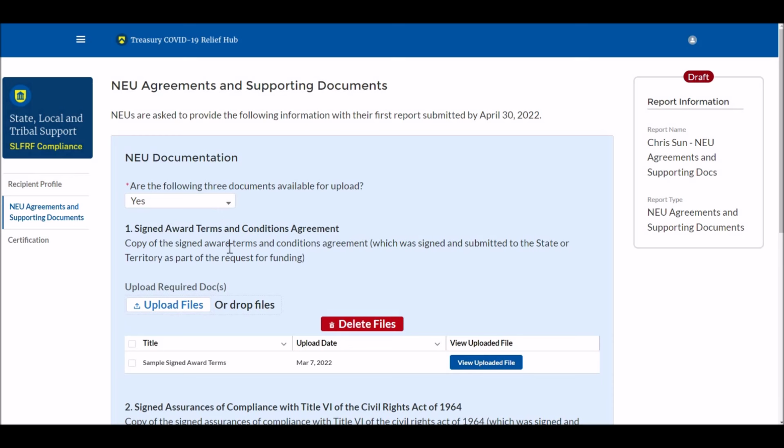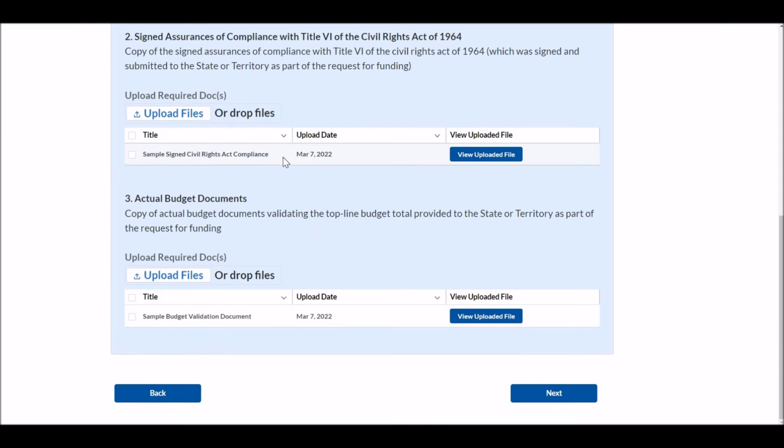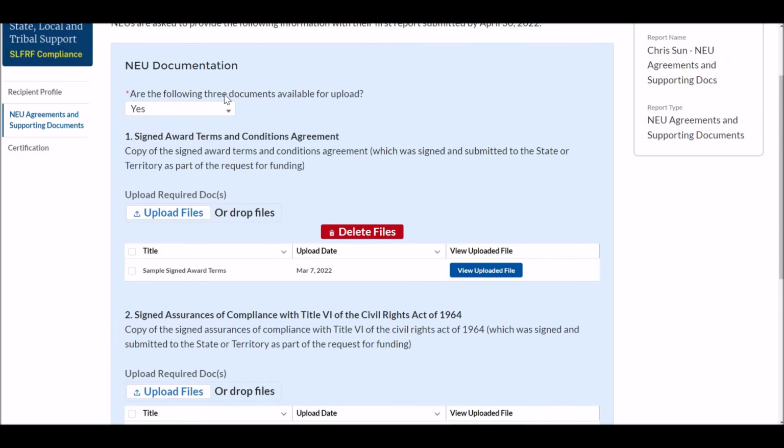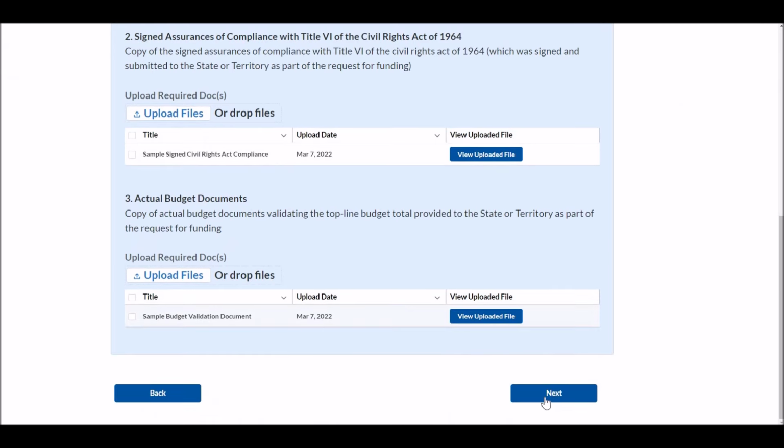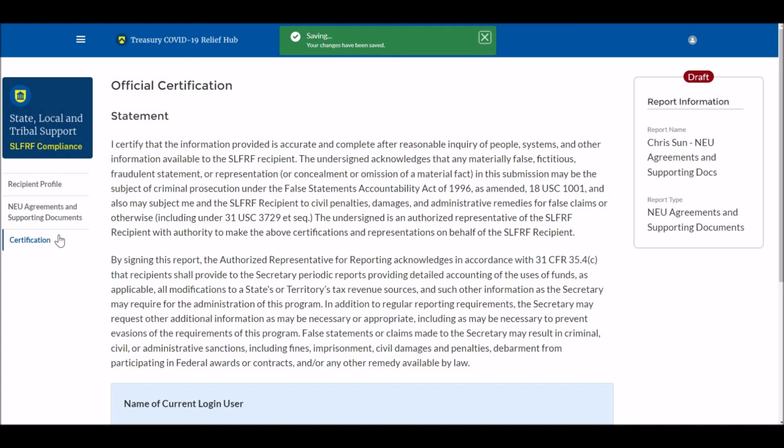And again, if you don't have one of these three documents, you can select no at the top and just provide a written explanation of why you don't have one of the three documents here. In this case, I upload everything. I'm going to click next, and it will save my changes and bring me to the next page of the